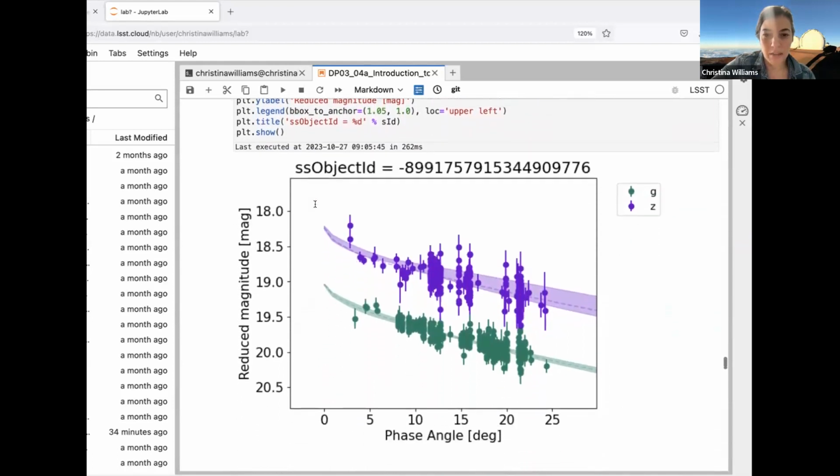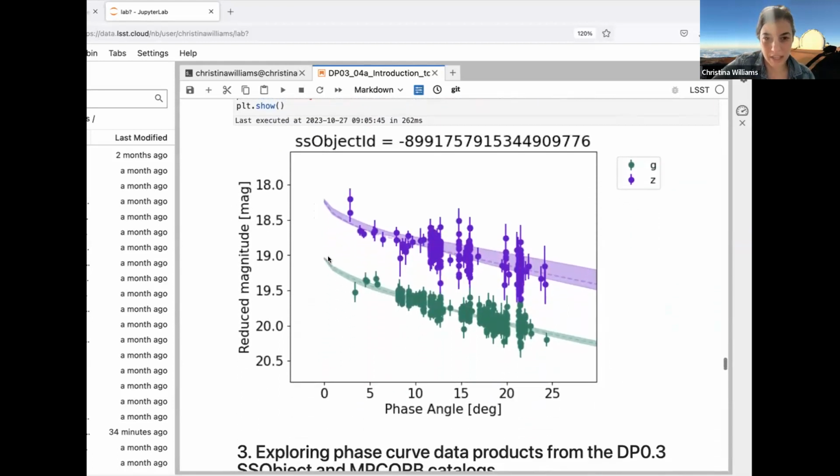So here I'm showing one unique object from the main belt asteroid sample. And here you're seeing the G and the Z filters and the phase curves measured from the LSST data, along with the best fit model, which is the dashed line, and then also the shaded region is showing the uncertainties on those models that are also contained in the DP0.3 data set.